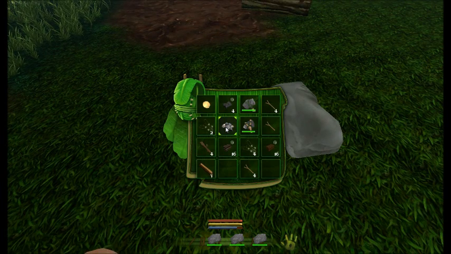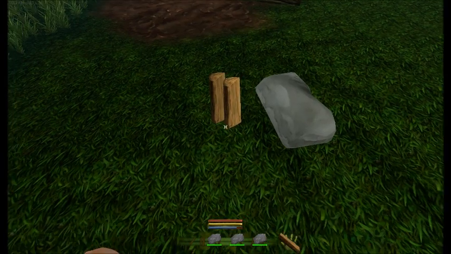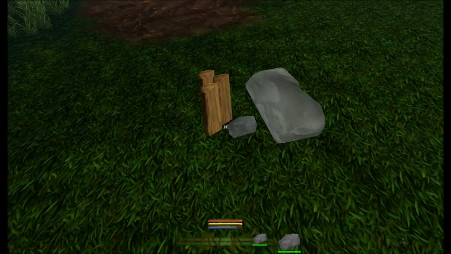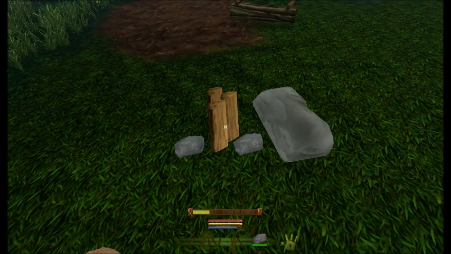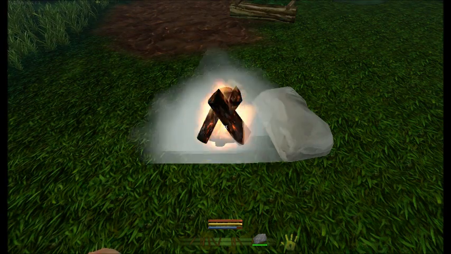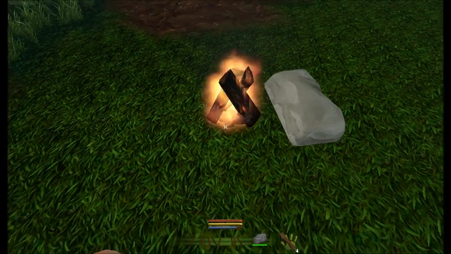So, this recipe is for making a campfire. You need 3 logs and 2 round stone. Then you craft, and what you get is a small campfire. Now, the campfire is only going to last a short amount of time, so